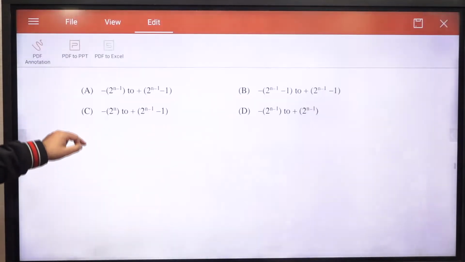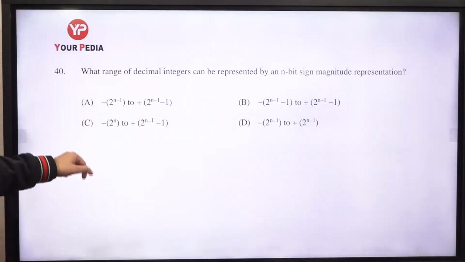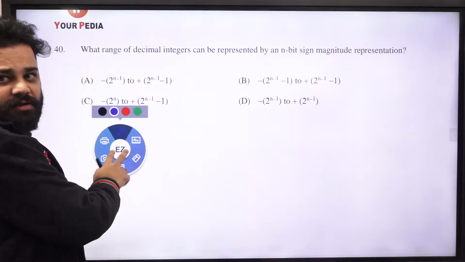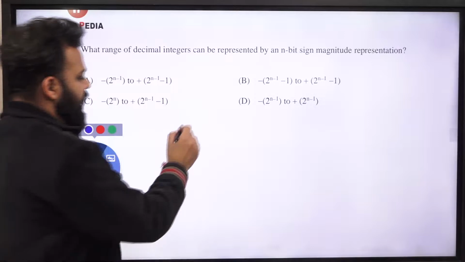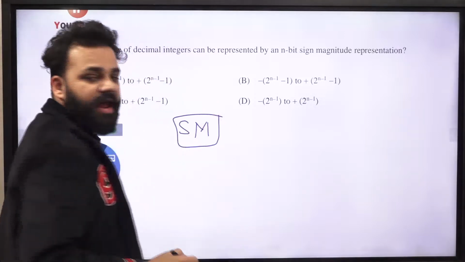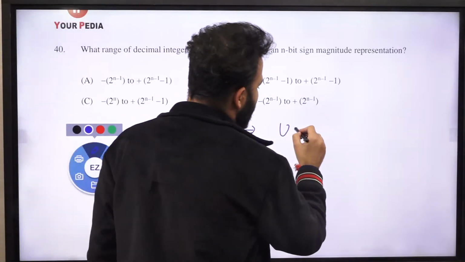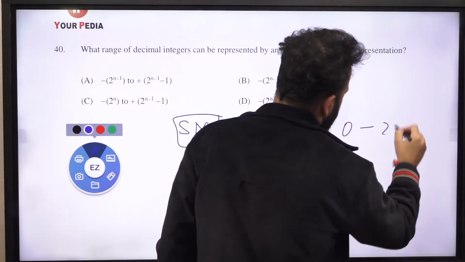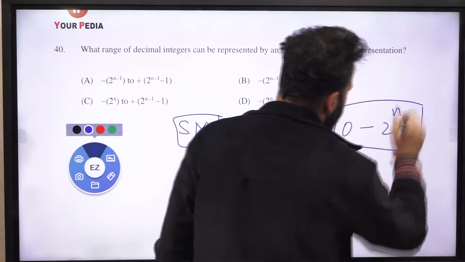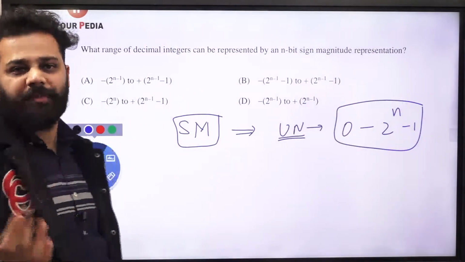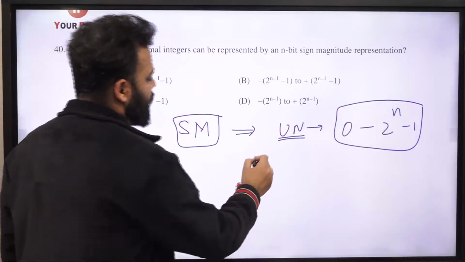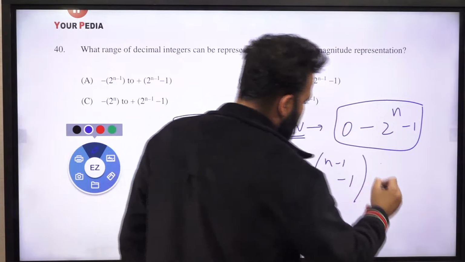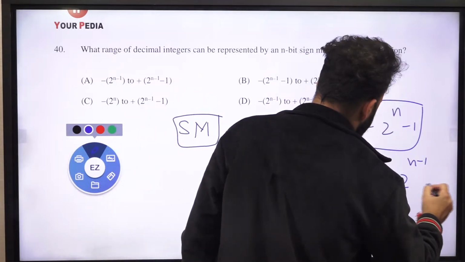Next is: what is the range of decimal integers that is represented by n-bit sign magnitude? So we are using sign magnitude, SM. For normally unsigned numbers, if you have seen in digital, what is the range? 0 to 2 raised to power n minus 1. If you have 3 bits, you will be able to represent decimal numbers up to 7. For sign magnitude, it is nothing but minus 2 raised to power n minus 1